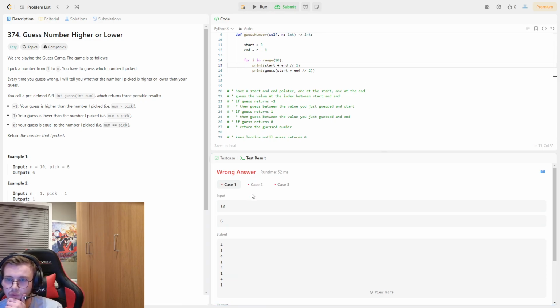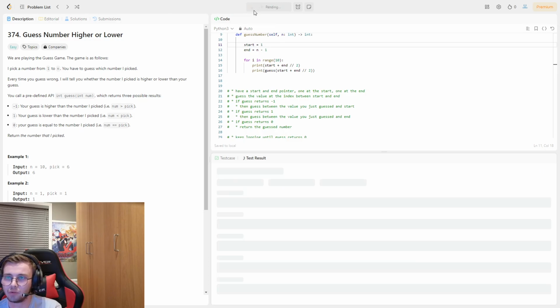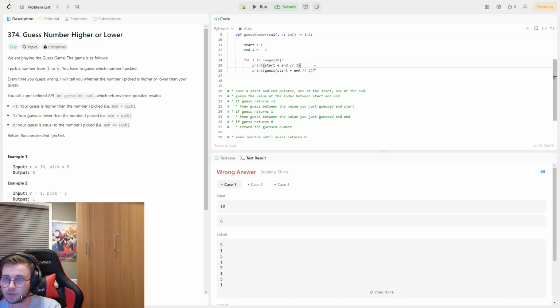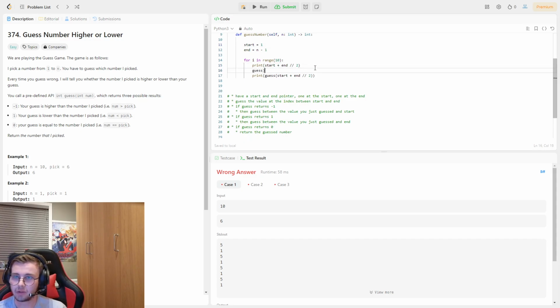So it goes with 4, which isn't the middle between, well, you've got 0, oh, well, it's 1. If I start with 1, it'll probably go to 5, right? Okay. So it guesses 5, and it sees that. So we're going to do guess underscore result, guess out. We're going to say guess out is equal to